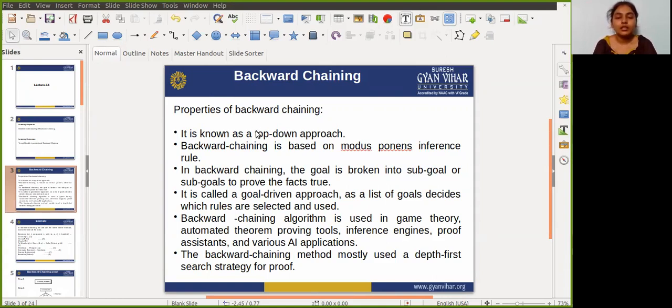Okay, it means just the opposite of forward chaining. As in forward chaining we have some predicates or statements, and by using these predicates or statements we reach a particular conclusion, right? But backward chaining is just the opposite of forward chaining. We have a conclusion and we need to reach the predicates. Okay. So, guys, let's understand what the properties of backward chaining are.